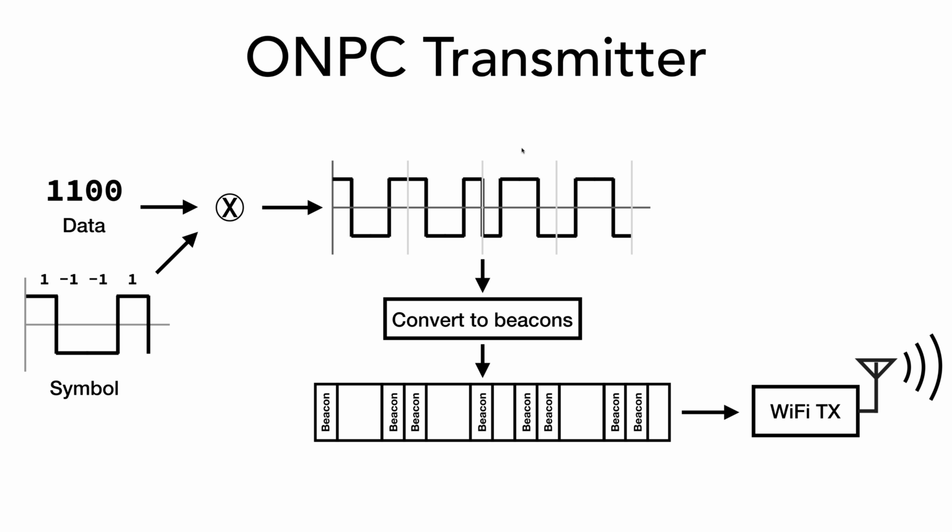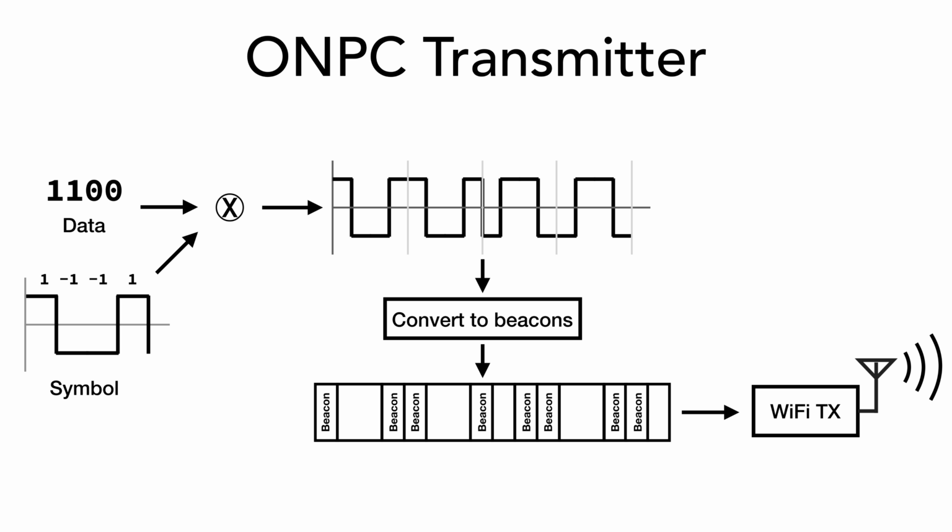with this is you would transmit this signal out here. But what ONPC does is it takes this waveform and converts it into beacons. Because we don't have direct control over the hardware, we can't send out whatever signals we want. We have to get around this by converting them into beacon frames first. And so if it's a 1, then that means transmit a beacon. If it's a -1, then it means we're going to be silent. That's where the on-off part of on-off noise power communication comes from. It's either we're transmitting, we're on, or we're not transmitting, we're off.